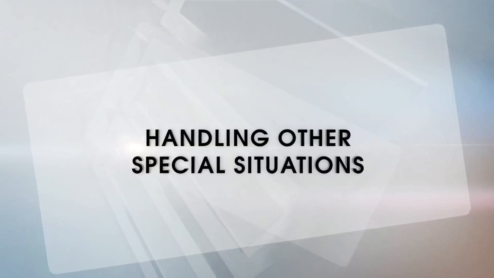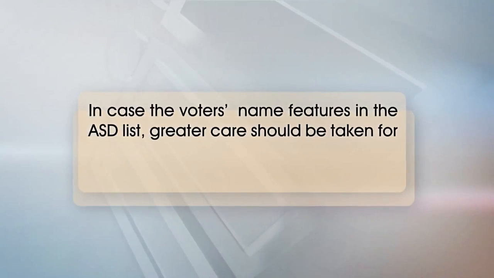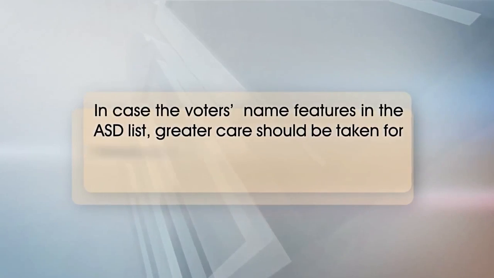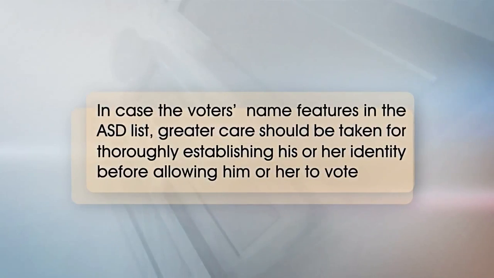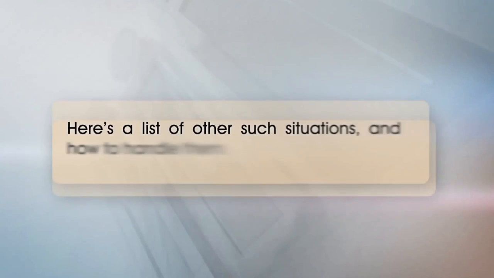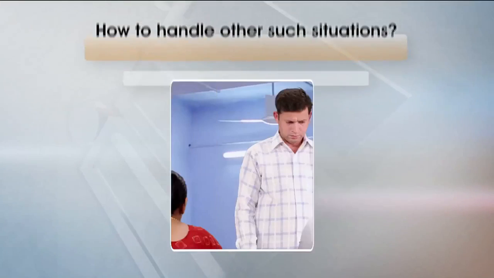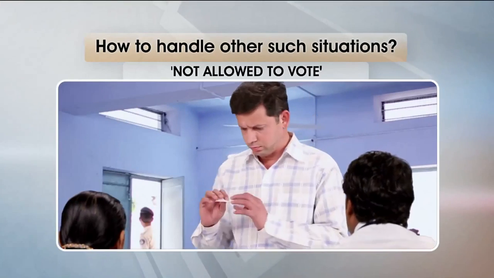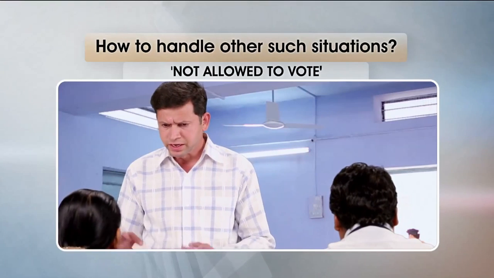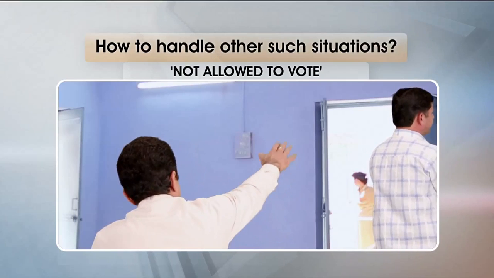Handling other special situations. In case the voter's name features in the ASD list, greater care should be taken for thoroughly establishing his or her identity before allowing him or her to vote. Here's a list of other such situations and how to handle them. Firstly, if a voter refuses to observe the scheduled voting procedure or violates the secrecy of voting, even after being warned by you,